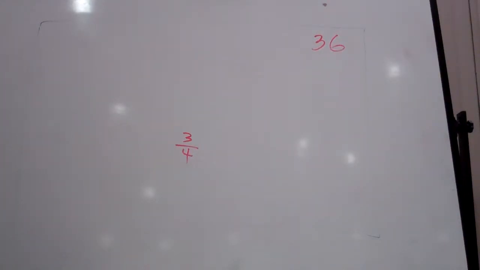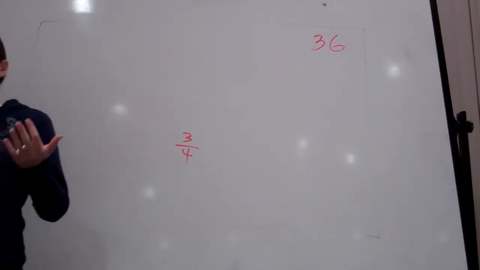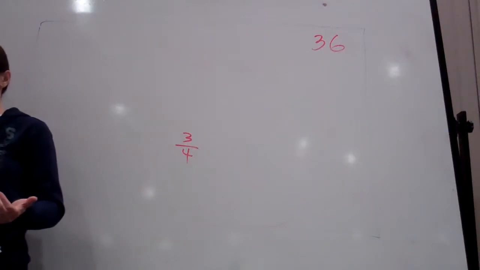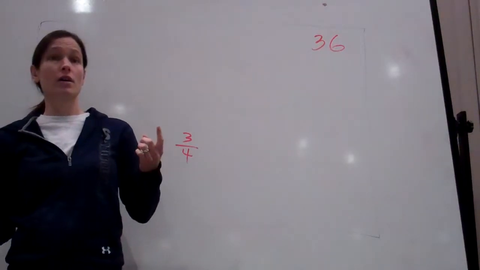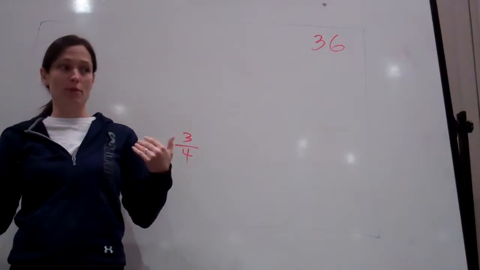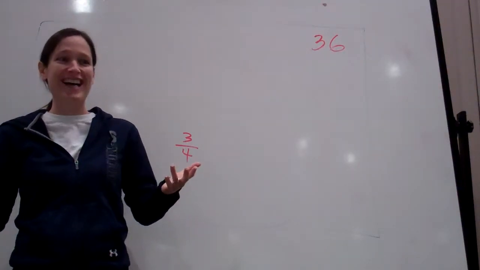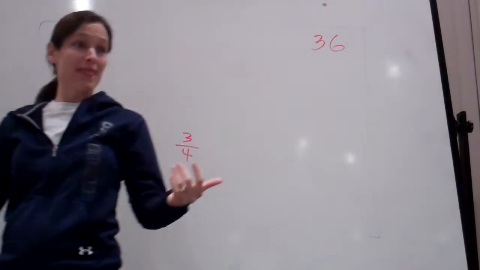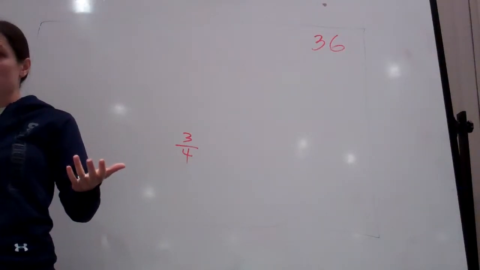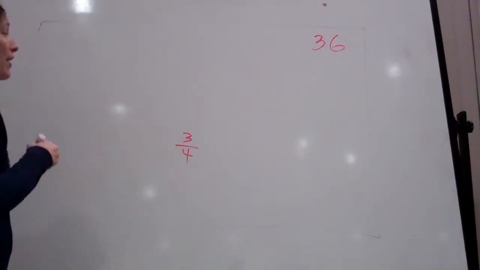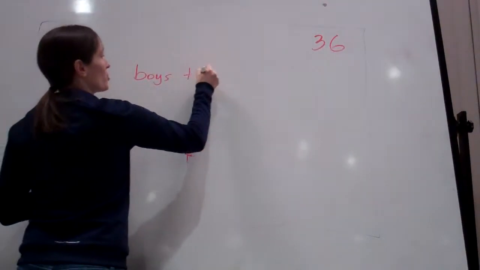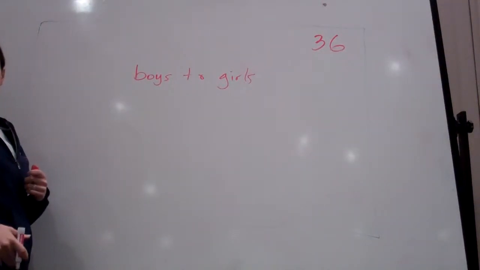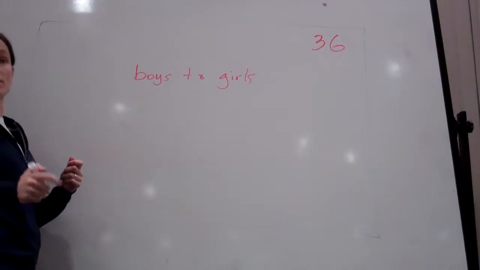Now, let's say, how many boys are there and how many girls are there? How many girls? 7. Okay, there are 7 girls. And then boys, how many boys do we got? 3. So if I was writing boys to girls, the way I would write that is what? It would be 7 over